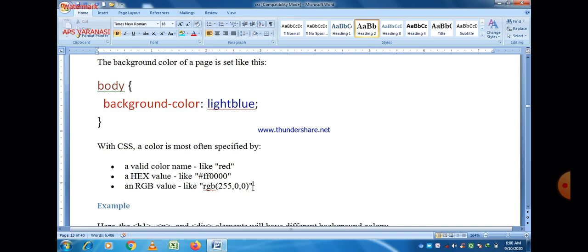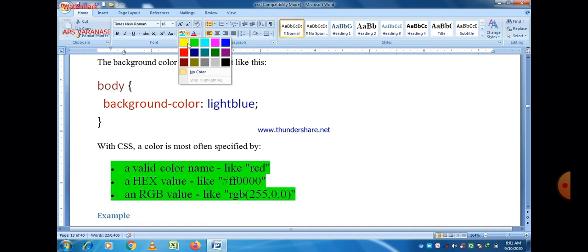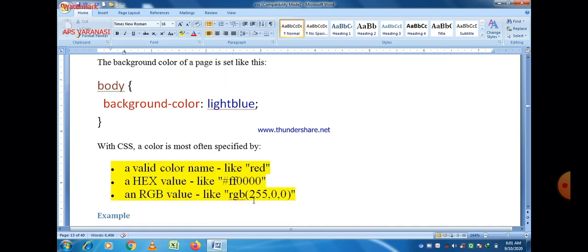You can easily see here that if you want to put the background color as red, then background-color colon equals red should be there. But if you want to use hex representation, you must mention hash ff0000, because the first two digits are reserved for red color and the maximum value of R should be ff, because the digits 0 to 9 and the letters A to F are there for representation.